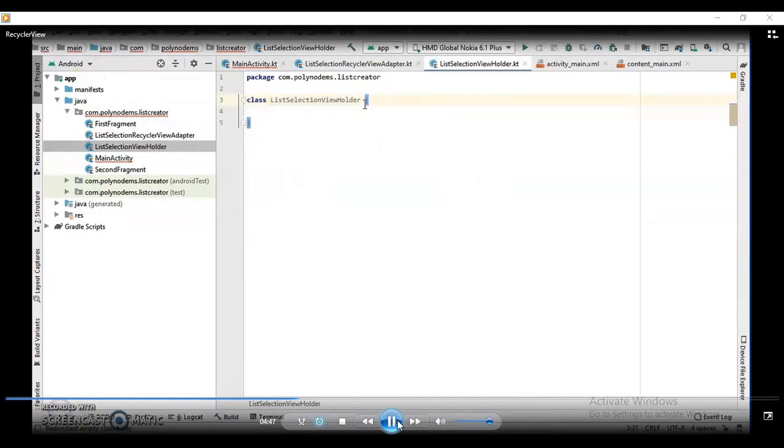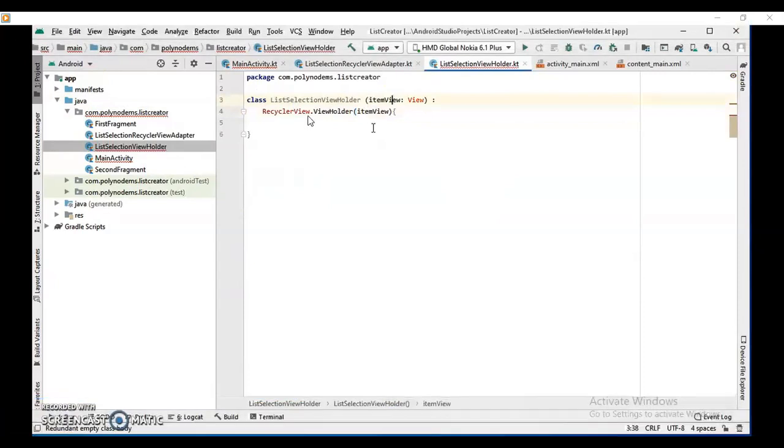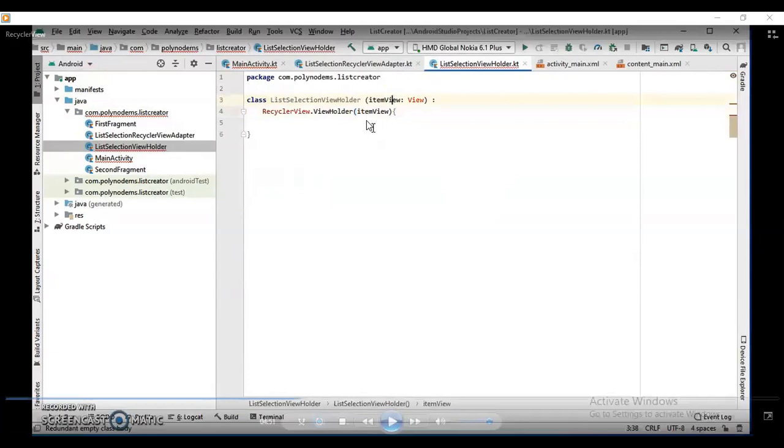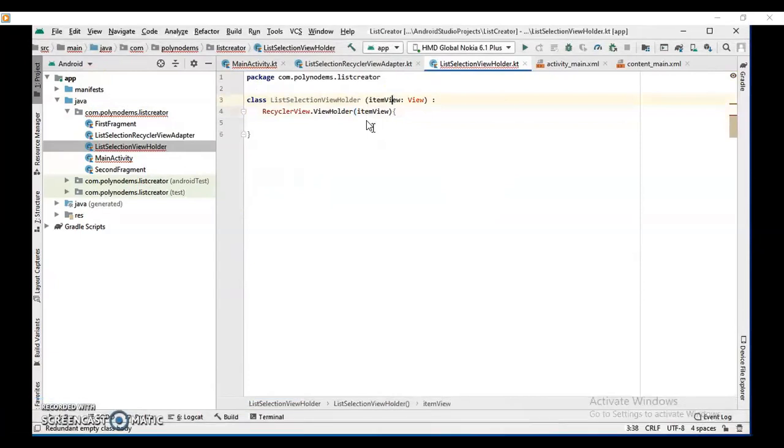After that, we will be extending RecyclerView.ViewHolder inside the ListSelectionViewHolder. So the RecyclerView will be calling the view holder, so that an atom can get displayed, or an atom should get returned by the view holder to the adapter. The view holder will be returning items to get displayed, or different view holders to be displayed in the RecyclerView. It will get returned to the adapter.